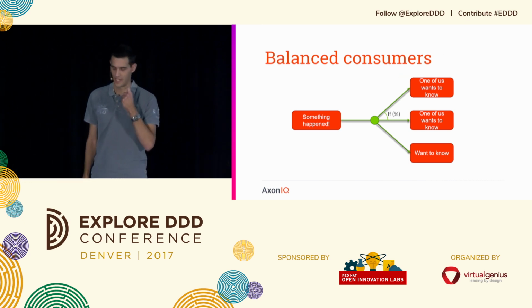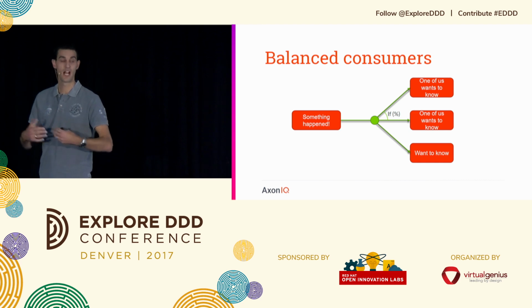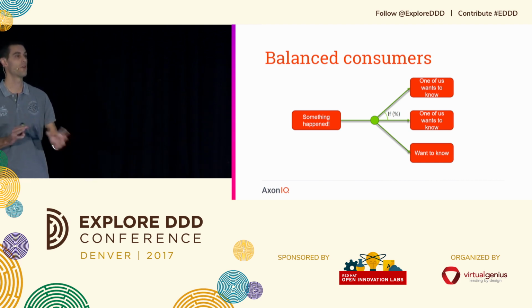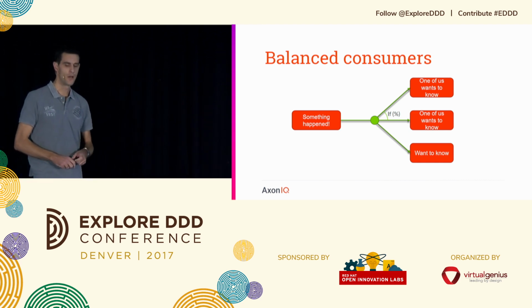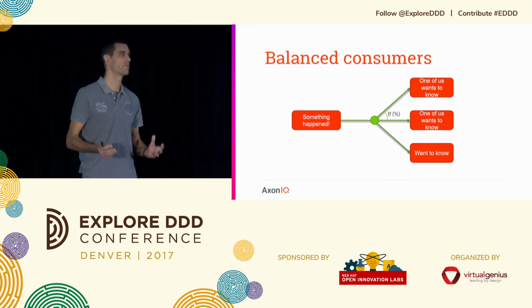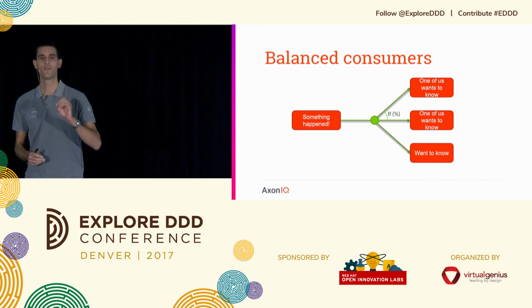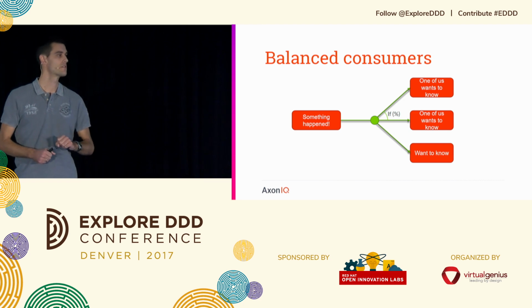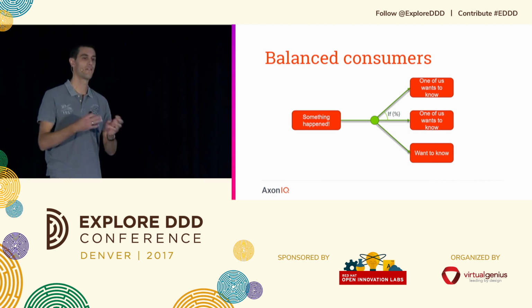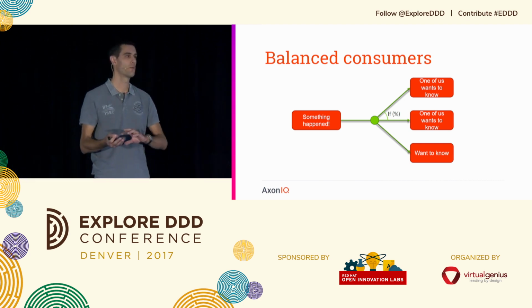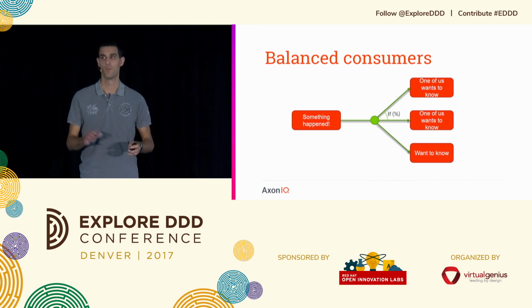Fortunately, you can have some balance in there. You can use hashing algorithms to decide, okay, we're going to route these events. So if it's 2 events for the same order, for example, we make sure we route those to the same instance. So at least that instance will get those messages in the order they were published, more or less.